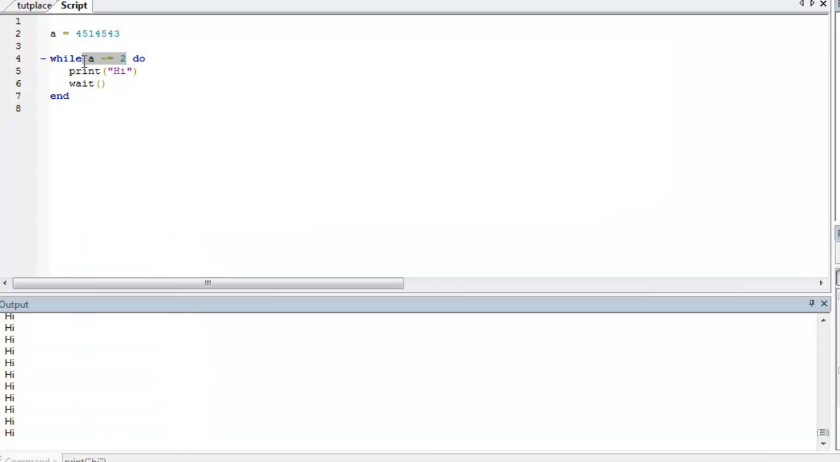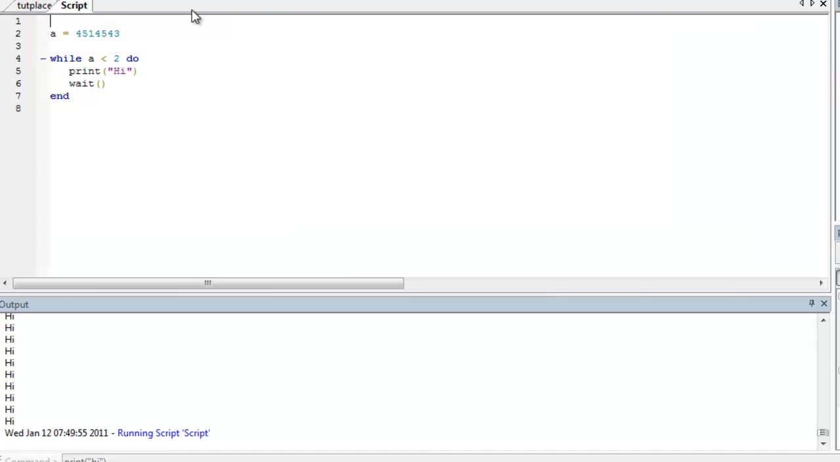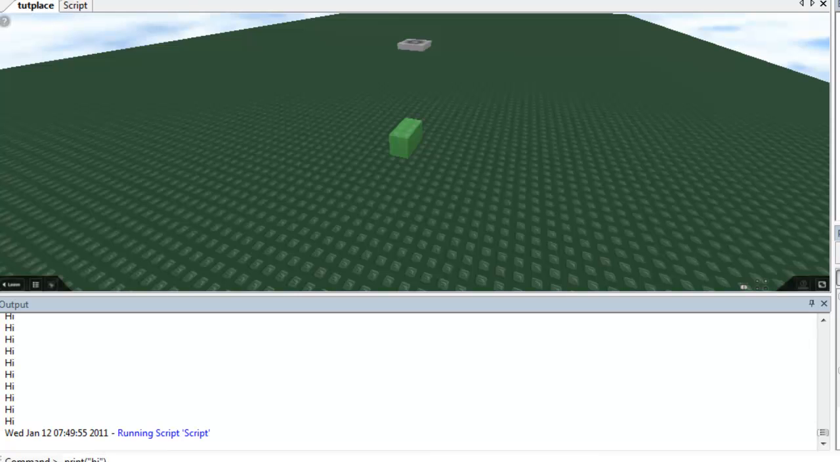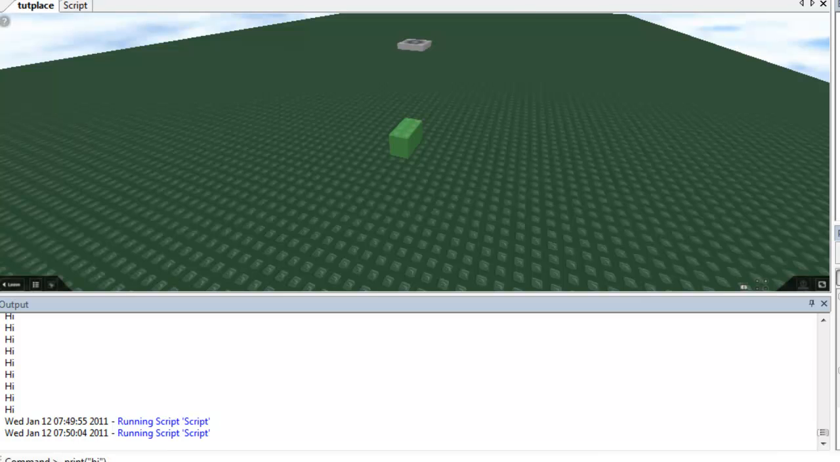I'll show you this next one, which is while A is less than 2. A is not less than 2, but it's not equal to, so this is if it's not less than or equal to, it's just less than, so A equals 2 won't work. This won't work because 4,000 something is not less than 2. A equal 2 is also not less than 2, and that symbol means less than, but if A equals 1, it will